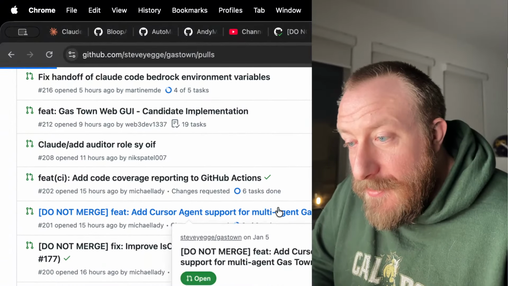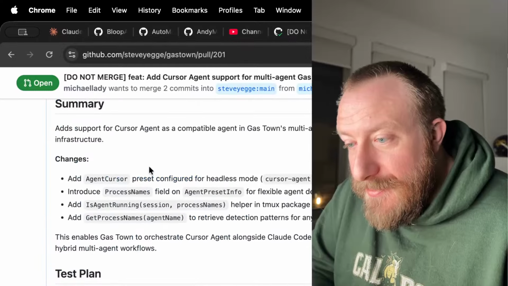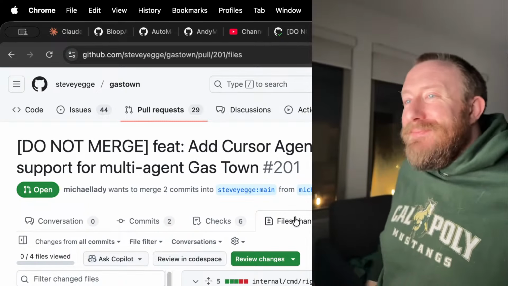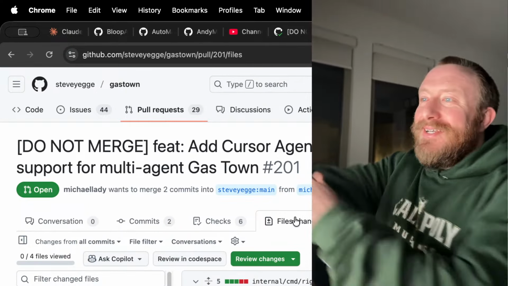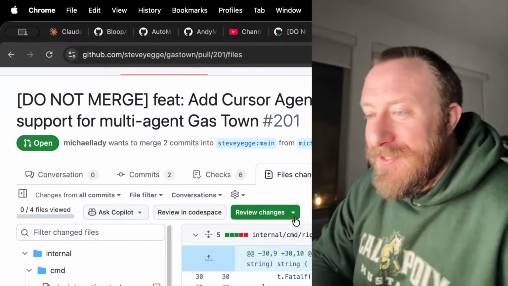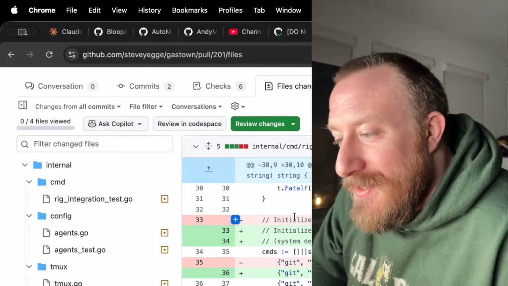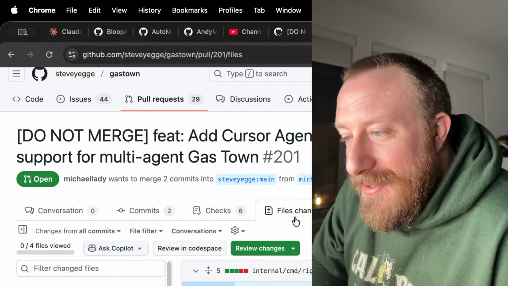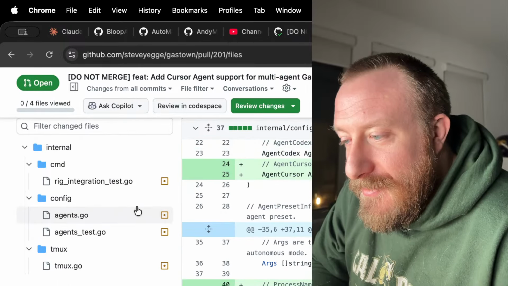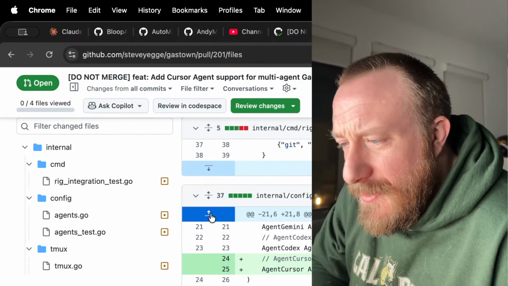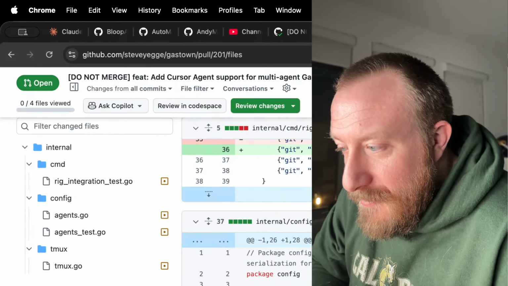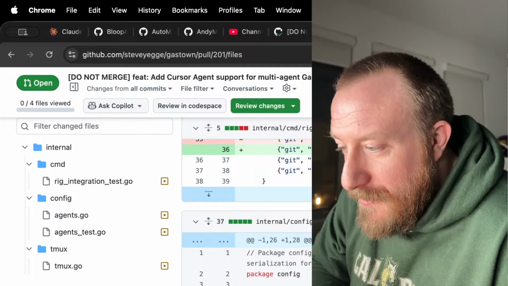I'm thinking about working on this one next because at work I'm limited by my Claude usage. But we also have Cursor, so I want to add Cursor agent support, and make this, apparently there's other agents, support for other agents. Let's see,